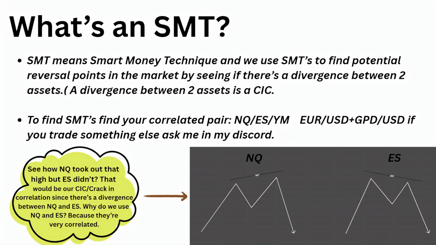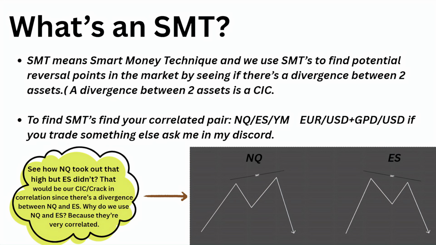ICT uses that smart money tool, divergence. And we use SMTs to find potential reversal points in the market by seeing if there's a divergence between two assets. Divergence between two assets is a cracking correlation. To find SMTs,